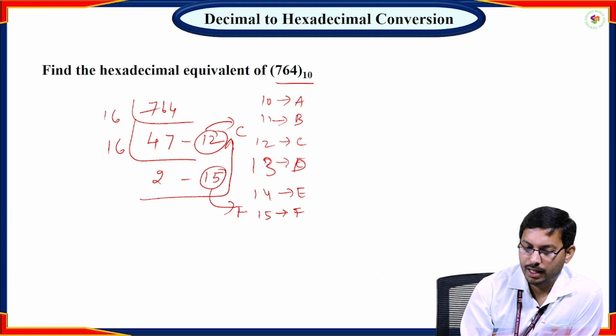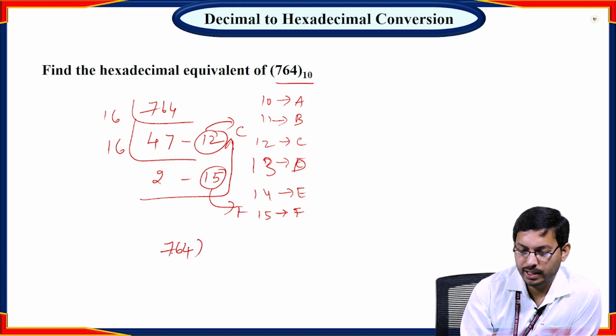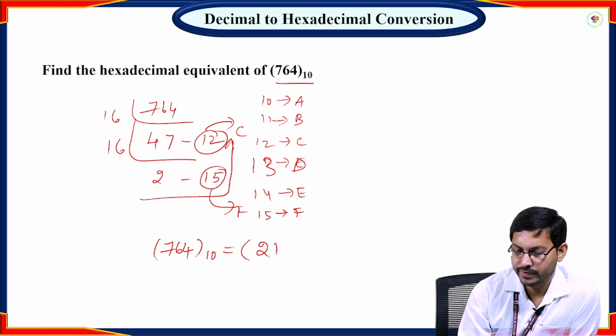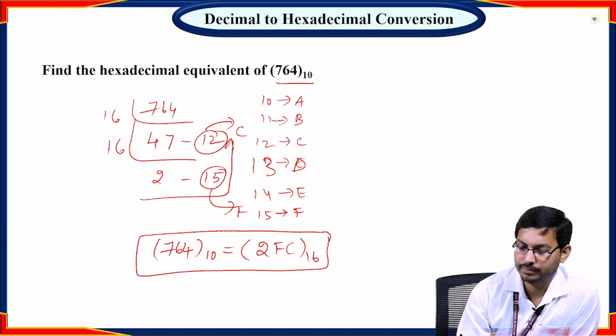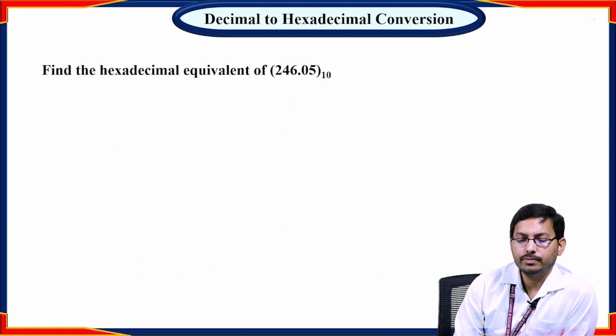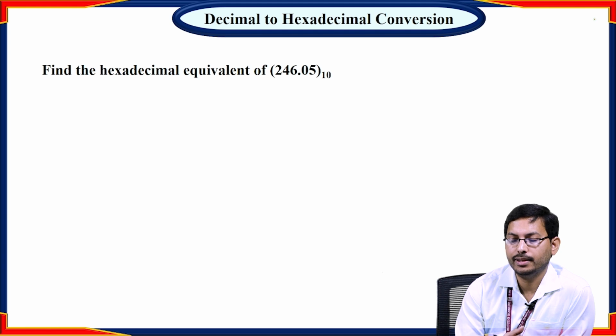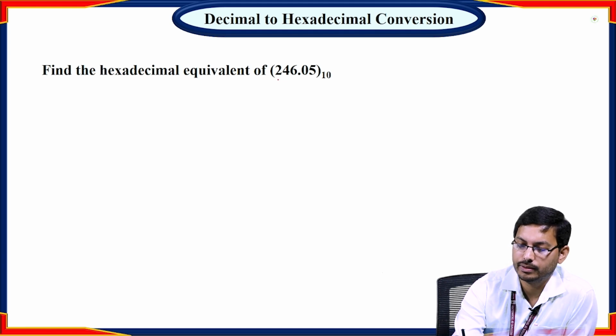So the final answer to convert the decimal number 764 to hexadecimal is 2FC and the base is 16. So this is your answer. Let us take one more example. This time I am taking a fractional decimal number system. So here let us start with